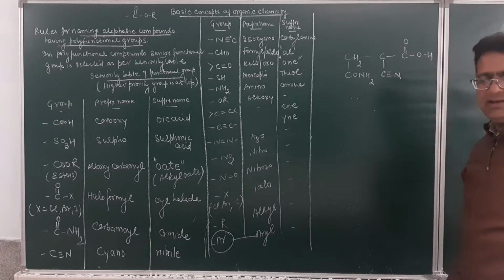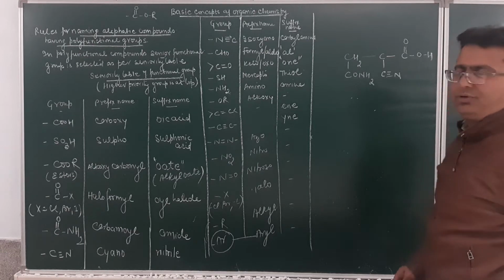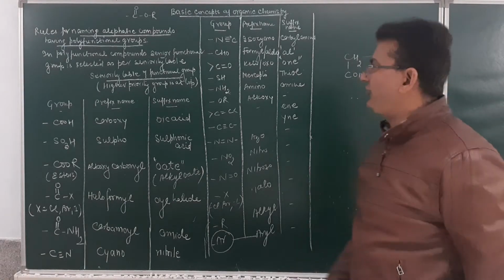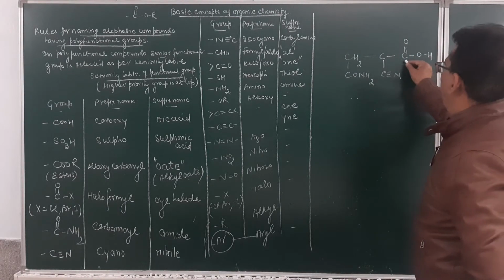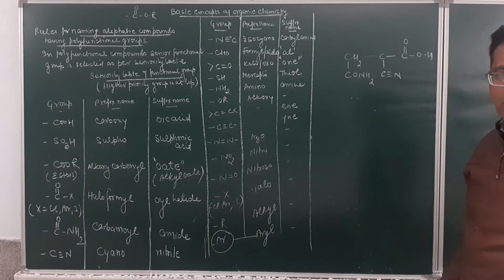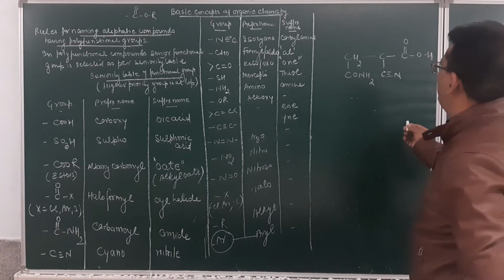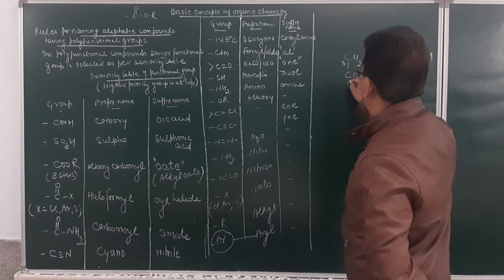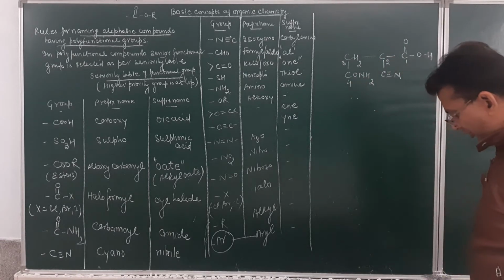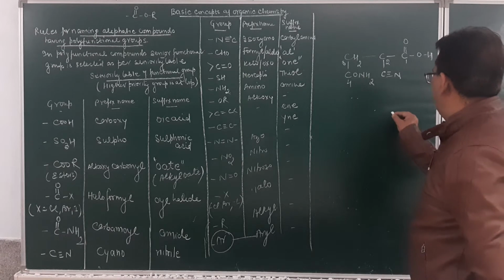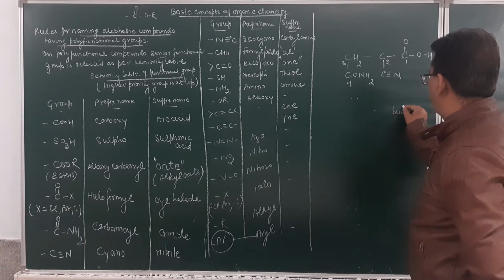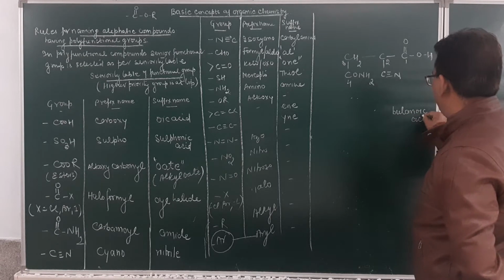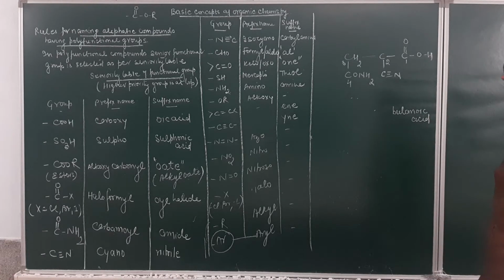Now in this case, there are three chain terminating groups. These are COOH, CN and CONH2. Out of these three, which one is more senior? It is C double bond OOH. So I will be numbering in such a manner that the longest chain contains the maximum number of carbon atoms and maximum functional groups. So this will be 1, 2 and then this will be 3 and this over here will be 4. For 4 carbon atoms, what will be the root word? The root word for 4 carbon atoms will be but, single bonded ane and then oic and then acid. So what is the name of this one? It is named as butanoic acid.